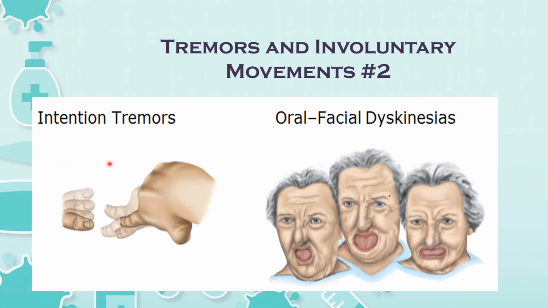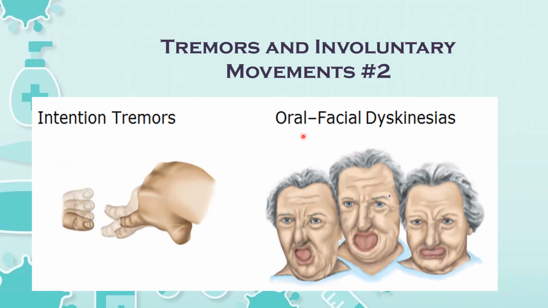So another one here is the intention tremor. This is usually absent at rest, appears with activity, and often gets worse as the target is neared. Okay. Causes include disorders of cerebellar pathways, as in those who have multiple sclerosis. So another